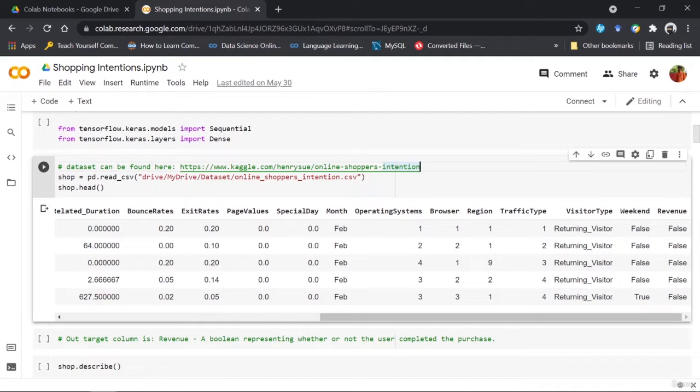So before we move forward, actually let me clear out some of the terms from the data set so that it becomes a little easy to understand the data first. The first term I would be telling you about is bounce rate. You can see that the bounce rate is present here. It actually represents the percentage of visitors who enter the site and then leave rather than continuing to view other pages on the site itself. So that is the first that I wanted to talk to you about, that is bounce rates.